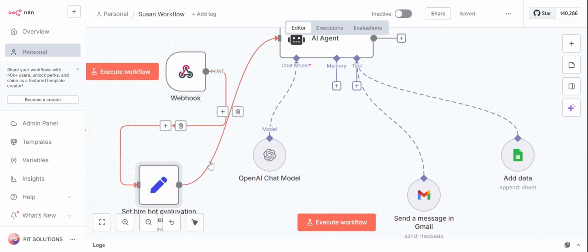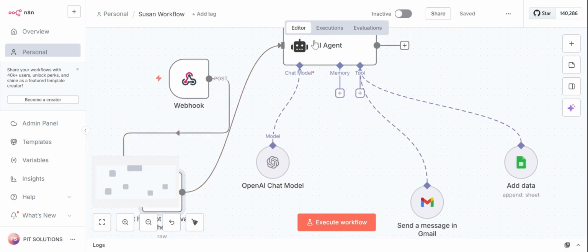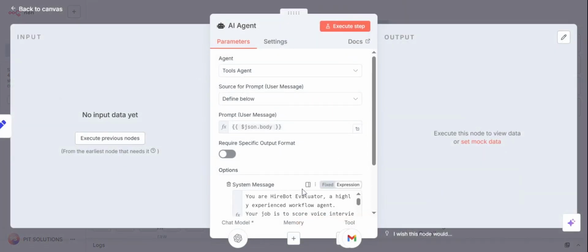After the evaluation schema is set, this is given to the AI agent. Based on the prompt, the AI agent is told that this is the bot and it has to set the voice with all the questions based on the schema and everything. All those instructions are sent to this AI agent.